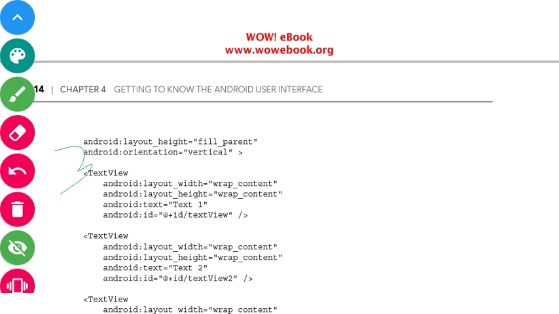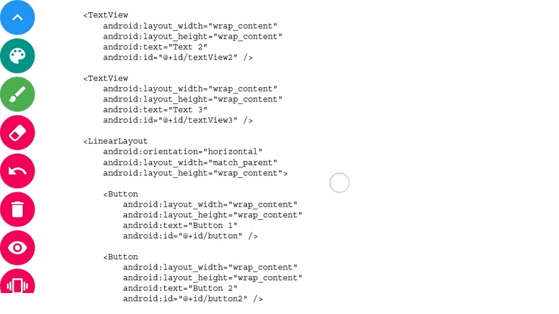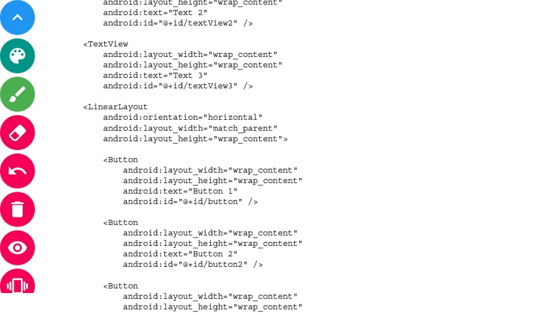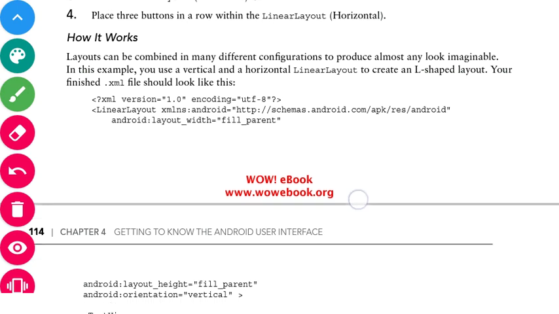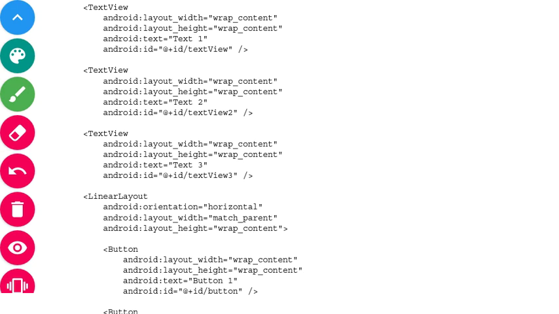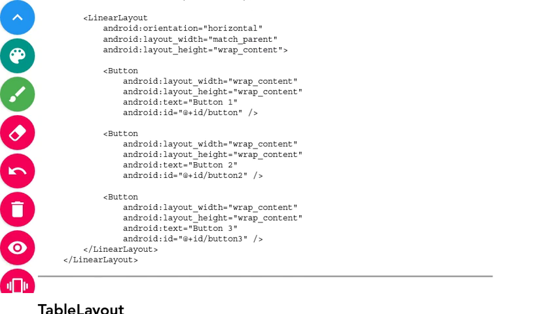Then we have another linear layout. Already we have seen one linear layout inside the activity_main.xml file. Now we can see another linear layout starting here. In this linear layout there are three buttons, 1, 2 and 3.